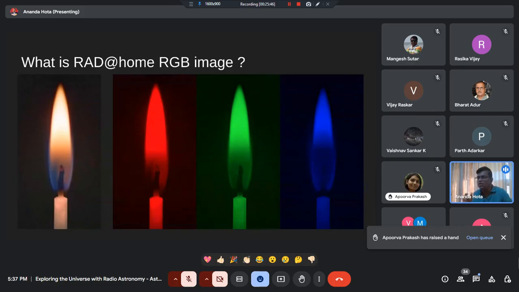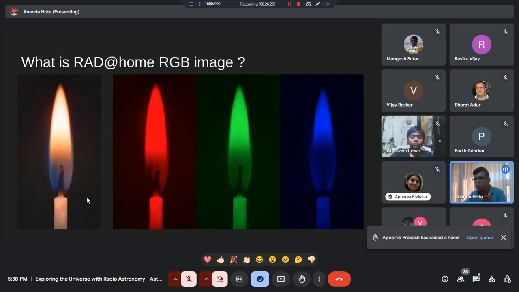We need to understand the color of the sources. In the candle flame, blue regions are hotter, yellow regions are less hot. The red looking region is cooler. If I take a three-filter picture, with gelatin paper put in front of your eye, everything looks red because the red filter absorbs green and blue. That is why only red passes through. Similarly, there are green and blue filters. So if you have three filter images, you can figure out which region is bright in which wavelength.